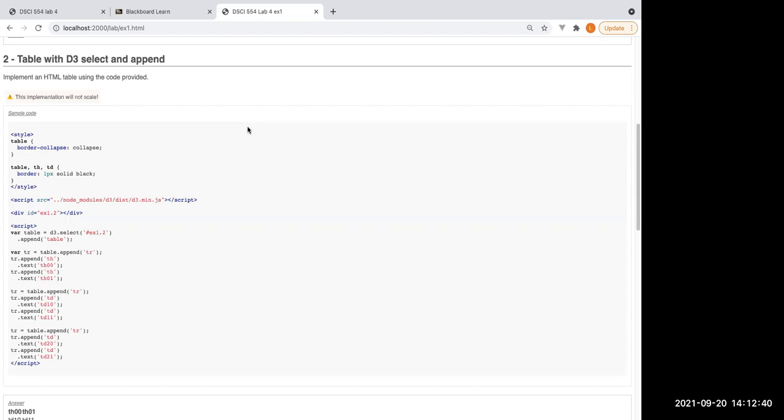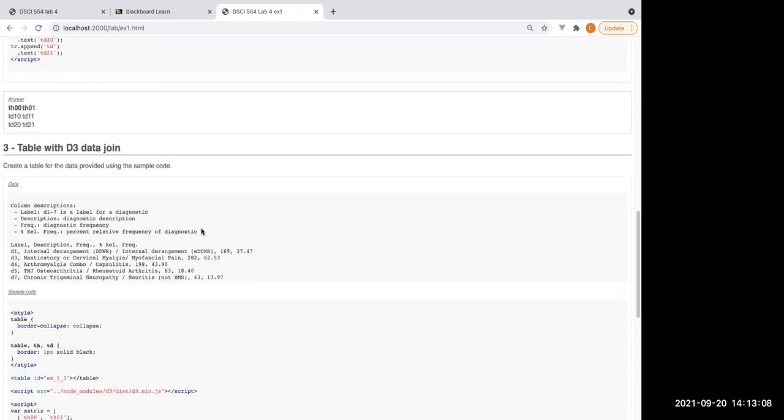Then we create the table, and we keep a reference to it, so that we can append the rest of the rows to the table. Sorry, I said row, but it's table. We keep a reference to the table so we can append the rest of the rows, right? So nothing